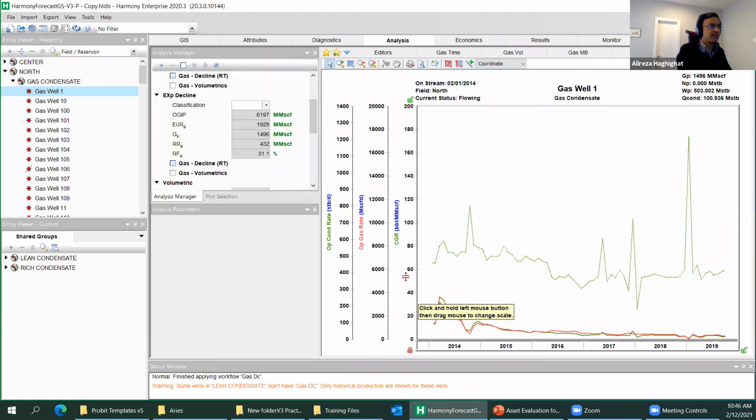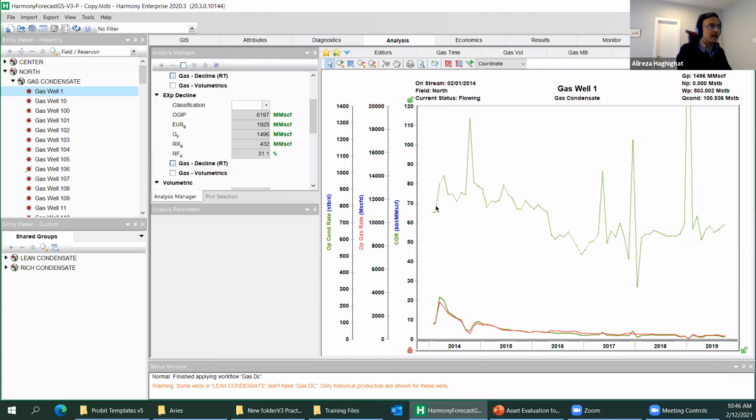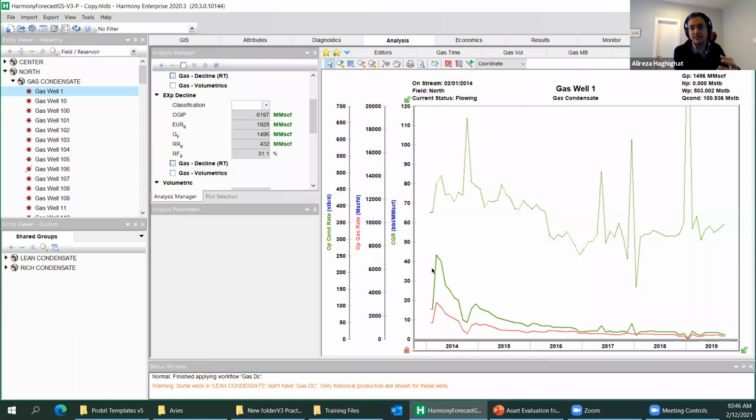What you are seeing here, this green dotted or dashed line is condensate to gas ratio, how much condensate per unit of gas we are producing instead of condensate production. Here, this green line is your actual condensate rate. But what we do, we divide this condensate rate by gas rate, and we come up with condensate to gas ratio. Look here, we see two different distinct trends in our condensate to gas ratio, and easily we can characterize